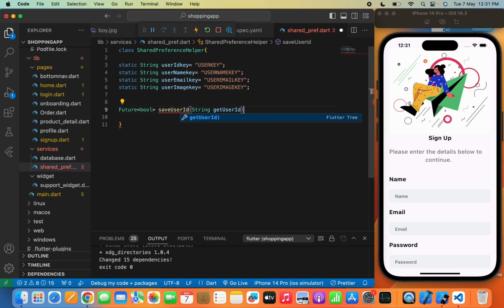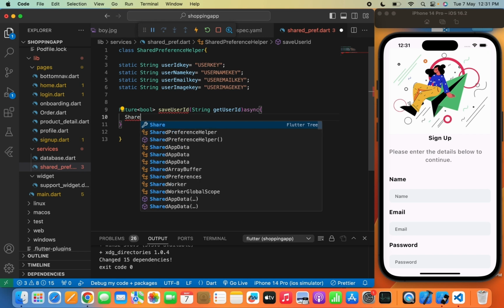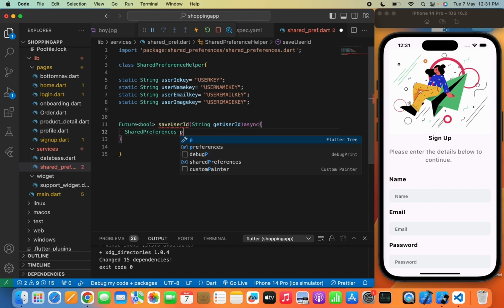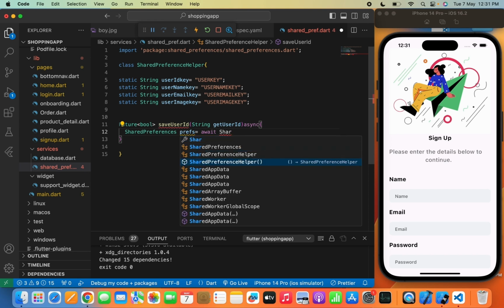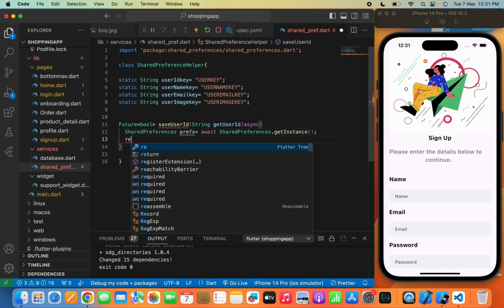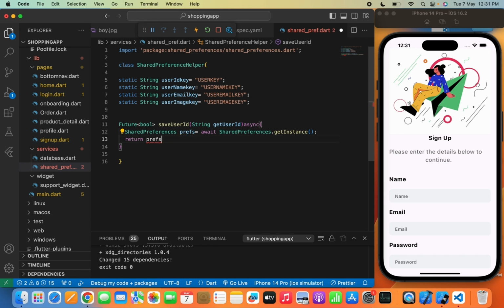So I will simply write get user ID and will write async shared preference. So I will write shared preferences dot prefs equals to await shared preferences dot get instance. Yeah, now we need to return and we'll save the string, so I will simply write shared prefs dot set